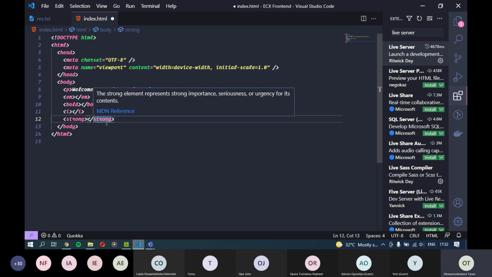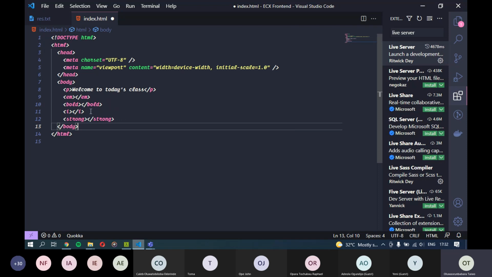All these represent text, but using bold and i is frowned upon. As I said before, HTML is meant to represent the structure or skeleton of what your web page is supposed to be. Bold and i don't necessarily do that. All they do is give the text inside them a particular styling. Bold makes the text inside of it bold, and i makes the text inside of it italic. So I would strongly advise against using these two. Instead, use em and strong.